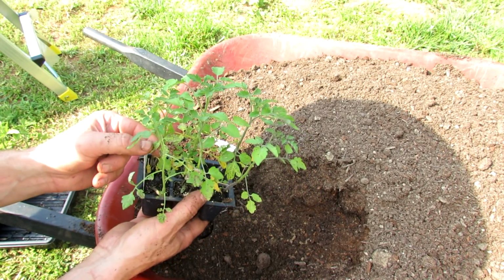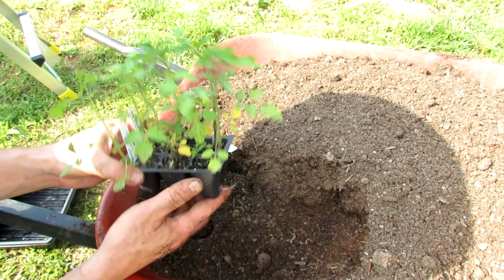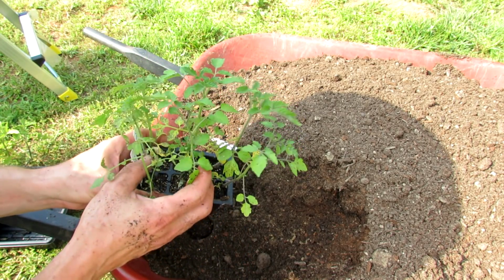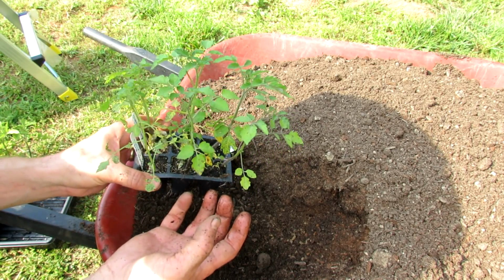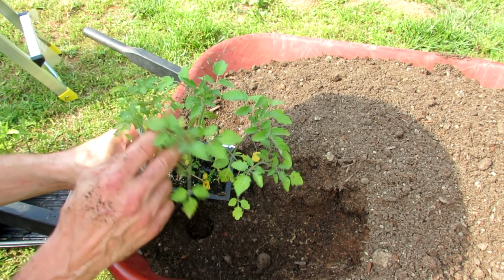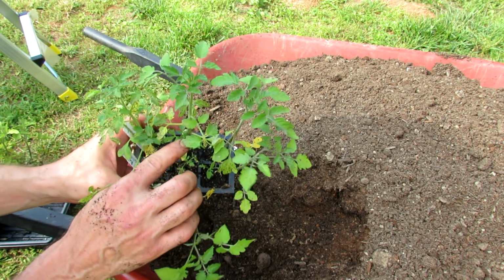I also know that all these spots on here is probably some sort of leaf spot, but when the plants get stressed and weak, the diseases cling to the weakened leaves and they take hold. When this plant is up and going again, it should be perfectly fine. The other thing that I'm looking at is when you have spots on there, when they get dark or they get black,